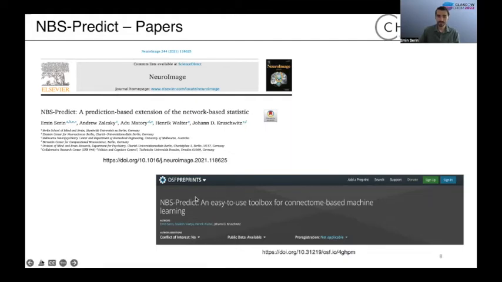The preprint version of the book chapter is already out on the OSF preprint server, so you can download the preprint using this link below. Today we're also going to perform one of the analyses presented in the book chapter, so it might be really beneficial to read it.